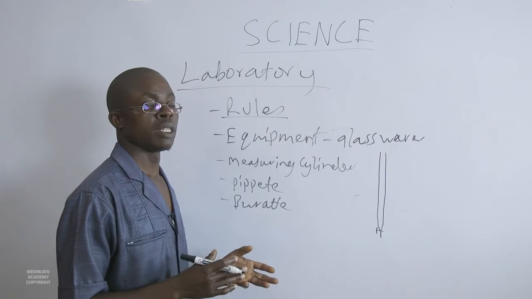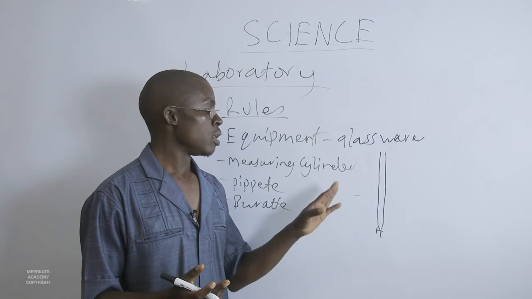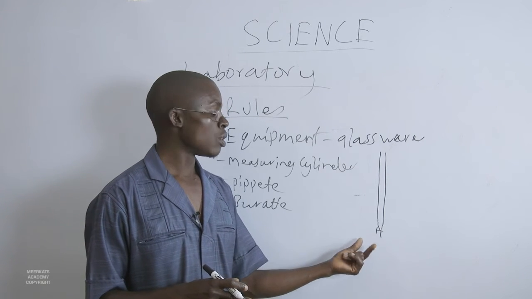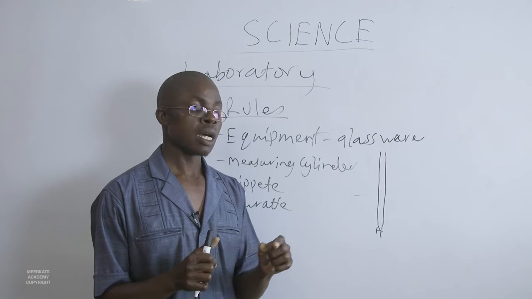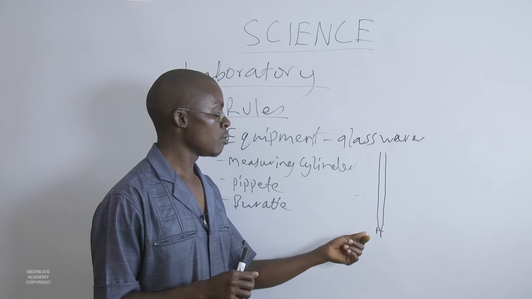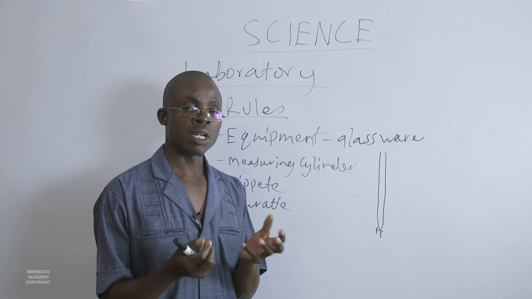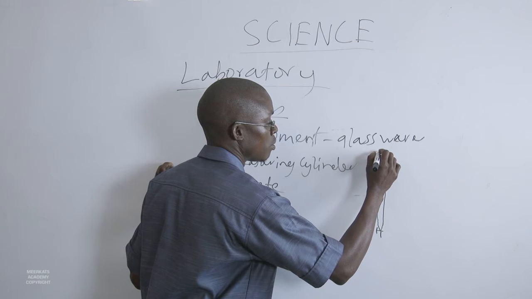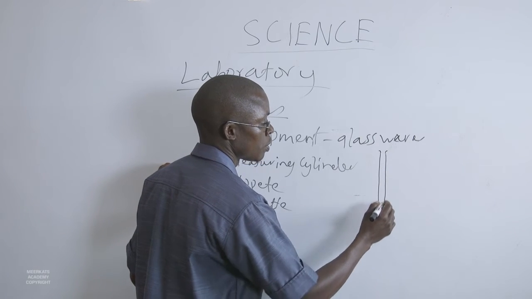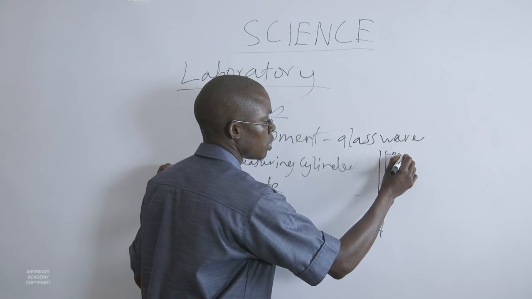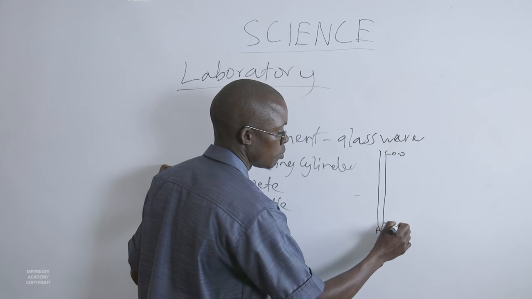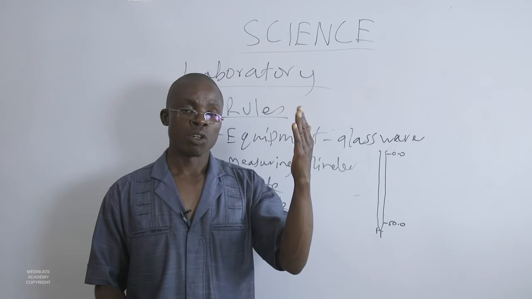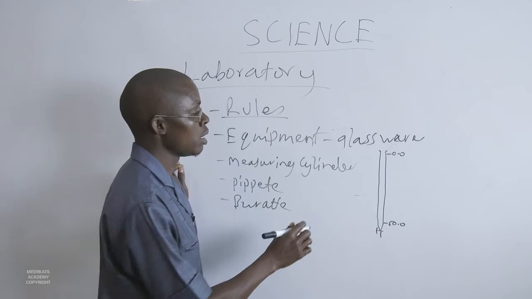Now they come in different shapes. They also come in different manufacturing operation down here. There are those you can fit on a rubber, then have a clip on the rubber. There are those that will come already with that knob to open and close. So depending on the one you have, the operation is the same. It ranges from 0.0 to 50.0 cubic centimeters. So when reading it, you read from the top, not from the bottom,